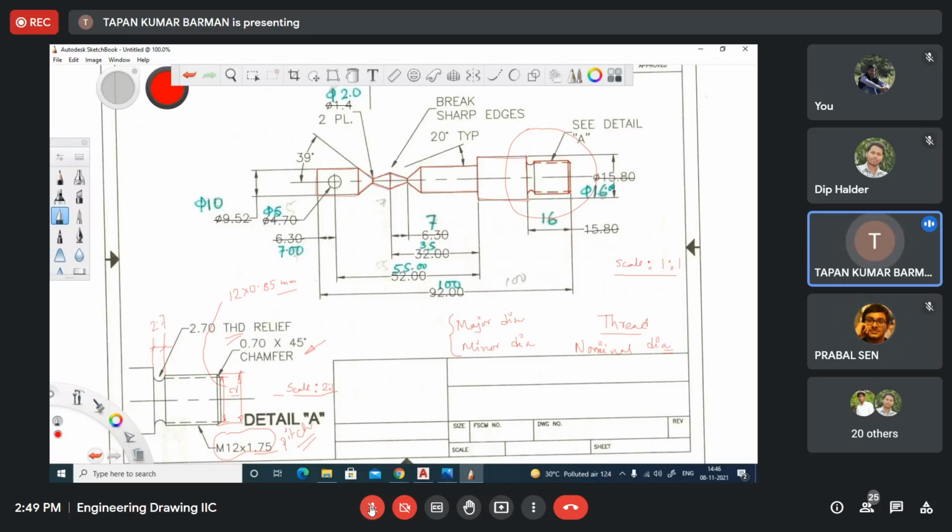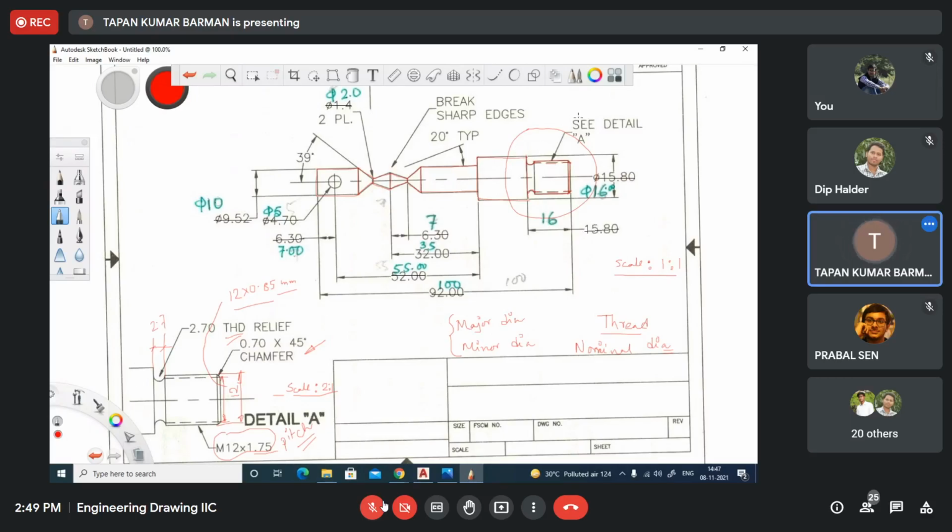Anyway, for our drawing class, basically we need to get the dimensions of this thing. So here 12 millimeter is basically nominal diameter. To get the minor diameter, generally we take 85% of that nominal diameter to calculate the minor diameter. So this is basically the minor diameter. Okay. I think this information is enough to make the drawing here. Okay, 1.75 is pitch value, but in this drawing, this pitch is not shown. So you cannot see that thing.